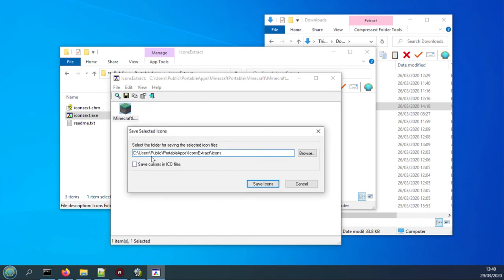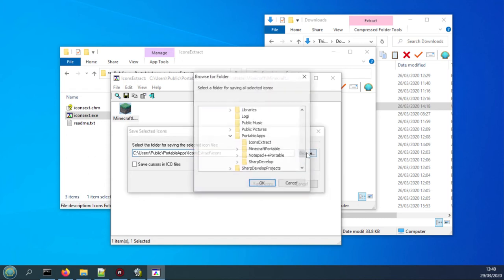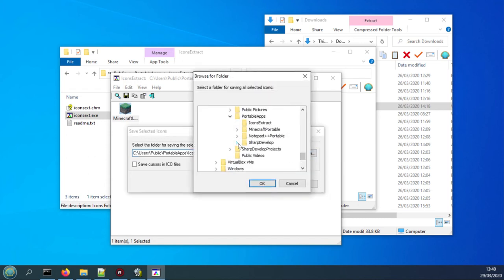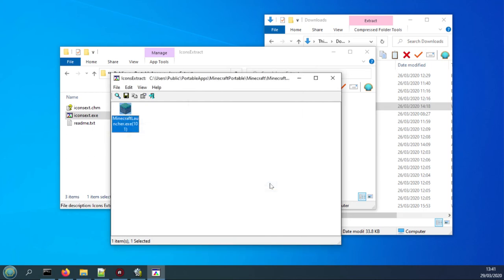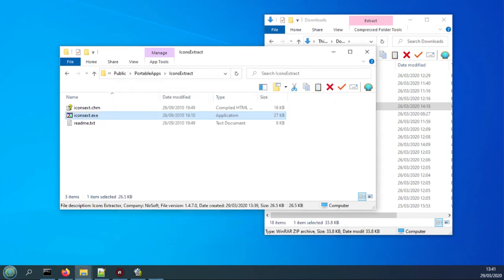Now we don't want to save it directly there, we want to put it in our Sharp Develop project, so I'm going to just browse for that. So we're almost there. We want the Sharp Develop Projects, Minecraft Launcher. Doesn't really matter, let's put it in the direct Minecraft Launcher folder. Okay, and that will save. Good, we can close that now. We've extracted our